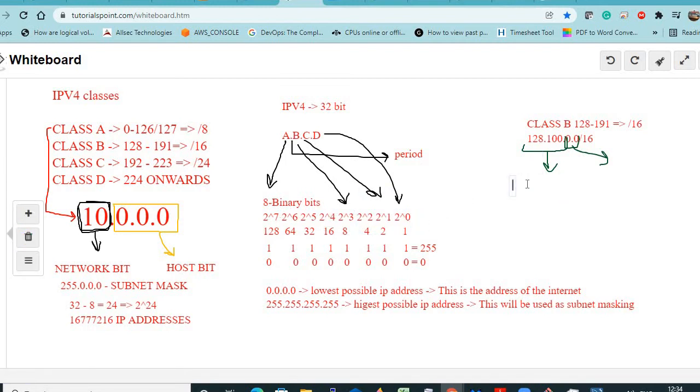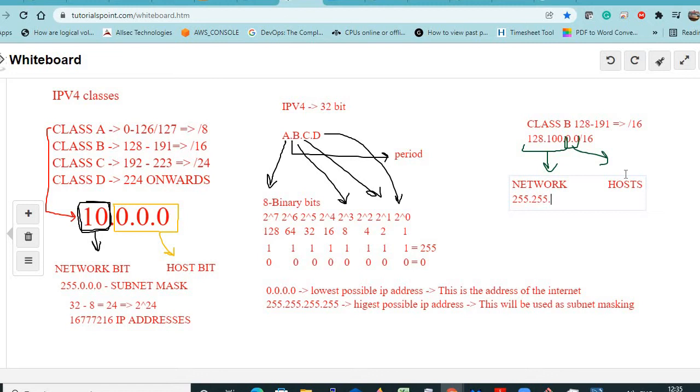So this is network, this is for hosts. So that means you cannot assign this part to the hosts. So the subnet mask will be